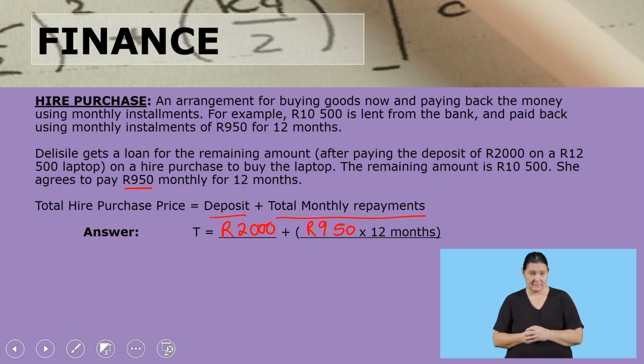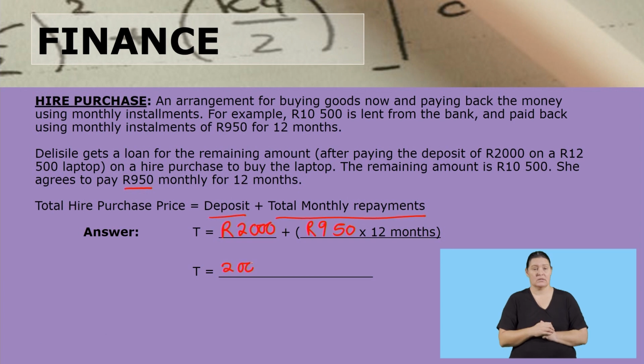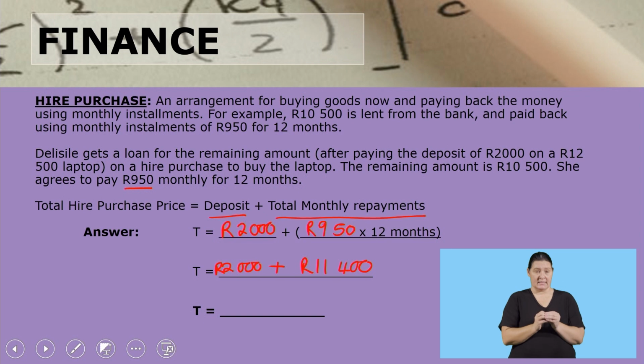And when we calculate this, we are going to say 2,000 rand plus, if you punch in 950 rands multiplied by 12 on your calculator, that is going to give you 11,400. And when we add these two amounts together, the total amount that she paid back to the shop is